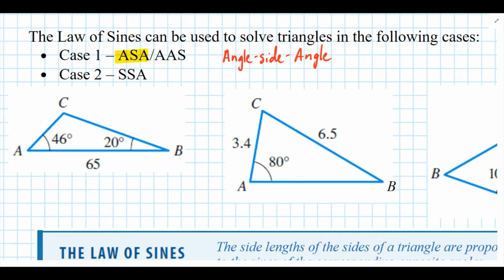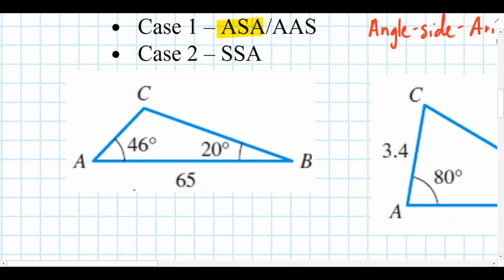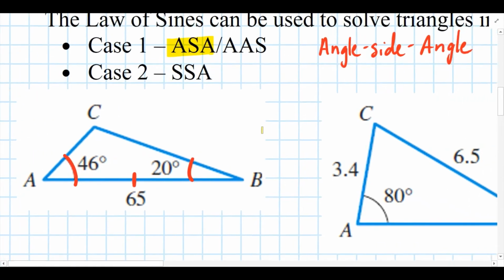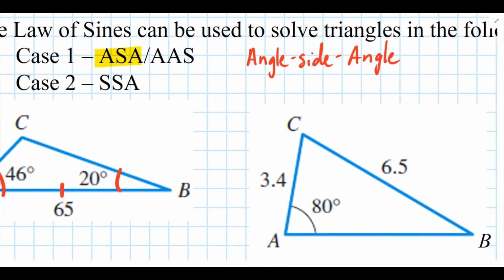An included side is one that is between and connected to both of the provided angle measures. The triangle on the left here is an example of an ASA triangle. The 2 angles are provided, and the known side length is directly in between. In the second scenario of the first case, the acronym AAS stands for angle, angle, side, and it describes triangles where 2 angle measures are supplied along with an excluded side length, one that is not